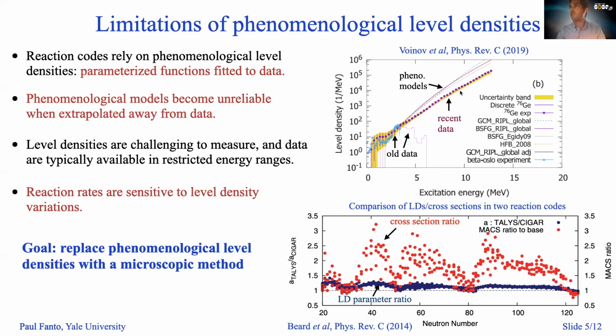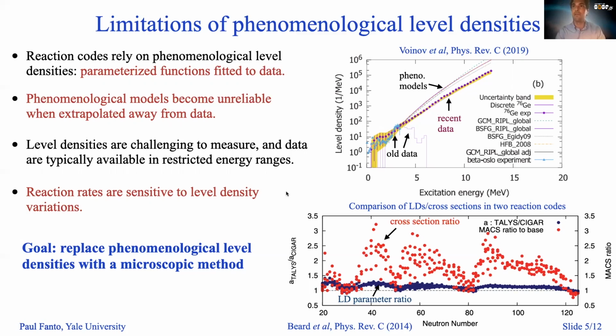The purple dots show recent experimental data for the level density of germanium-76, while the blue triangles and the histogram show older experimental data. The lines show a set of phenomenological models, and you see that while these models agree well with the older data, they disagree with the more recent data, even at just slightly higher energies. These sorts of inaccuracies are important